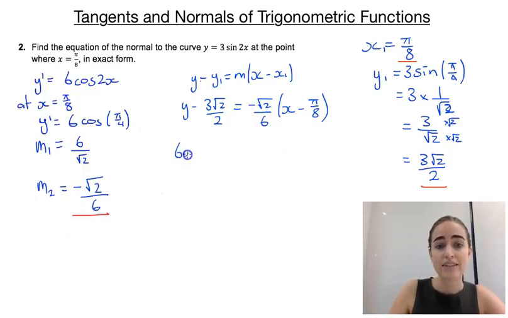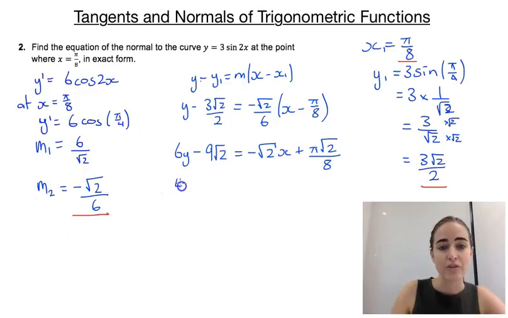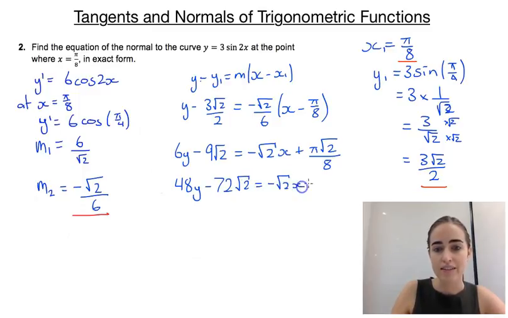So it's going to give us a 6y minus. Now if I multiply this by 6, that 2 is going to cancel out, and it's like we're just multiplying the numerator by 3 instead. So that's going to give us 9 root 2 equals minus root 2, and I'm going to expand this out at the same time, so minus root 2x plus pi root 2 over 8. Now I'm going to go through and multiply everything by 8 to get rid of this. So 6 8s are 48y, 9 8s are 72 root 2 equals minus root 2x plus pi root 2, and